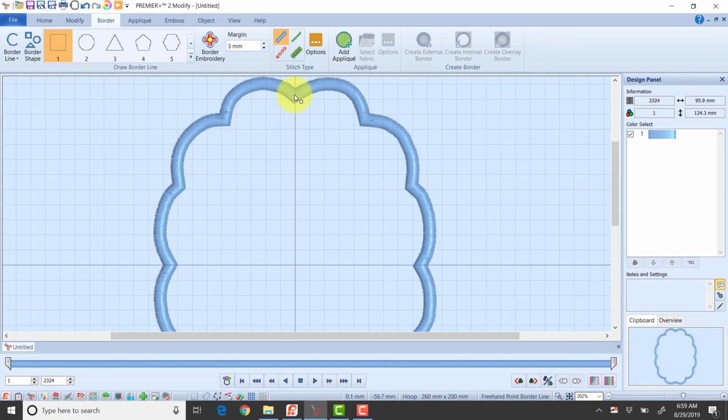I'm going to start here at the top center, and I'm going to hold down a control point so that I get a nice corner point. And then for each of these little scallops, 2 points should give me a nice even curve. I'm just making sure that that line is falling right in the center of this line. That way I know my placement stitch and my tack down stitch will be right there in the middle of